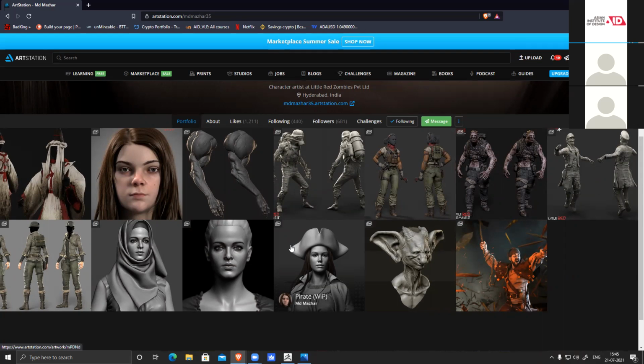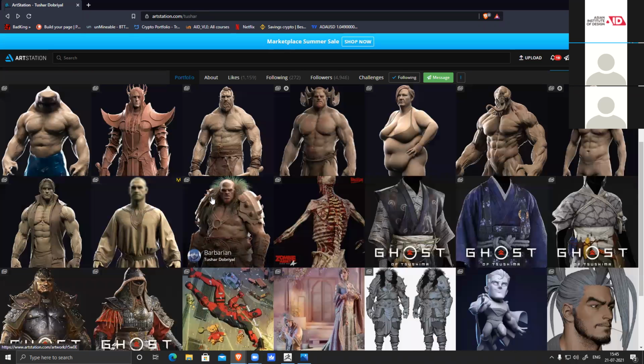Because for character, anything mediocre is not acceptable. You cannot hide anything, because even a layman can figure out there is something wrong with this character. Maybe he's not able to point out that this is a proportion problem or some detail problem, but he can clearly say there is something wrong. Maybe the eye is slightly off, or the proportion of the nose is a little off. That is something anyone can point out. That's why characters are so difficult, because if there is an issue, everybody can point it out.